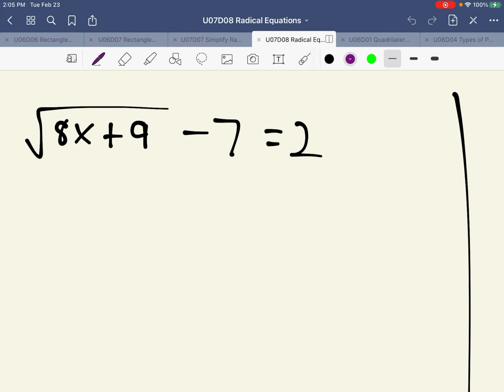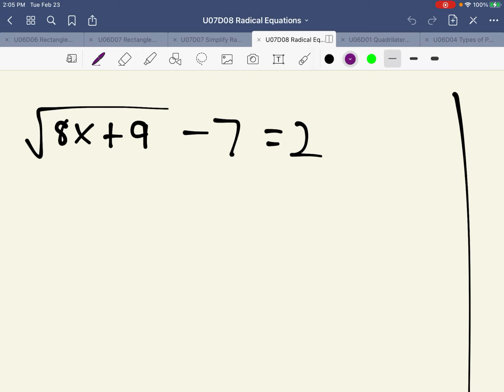Hello class, tomorrow we will be going over radical equations. So they're equations with radicals in them, and specifically the variable has to be inside of one of the radicals for it to be a radical equation. And the importance of being able to solve these is that some radical equations have extraneous solutions. So they have solutions that actually don't work when you solve them, but the method for solving them